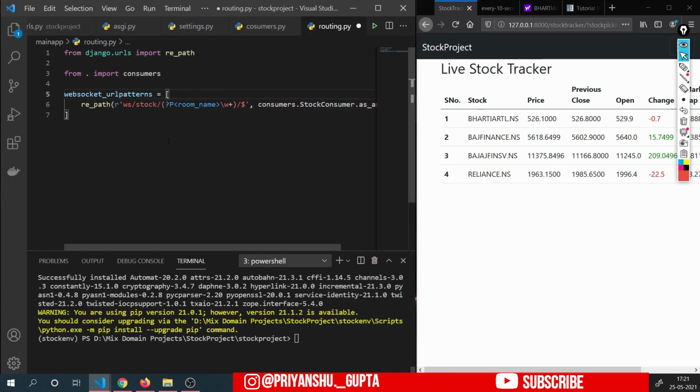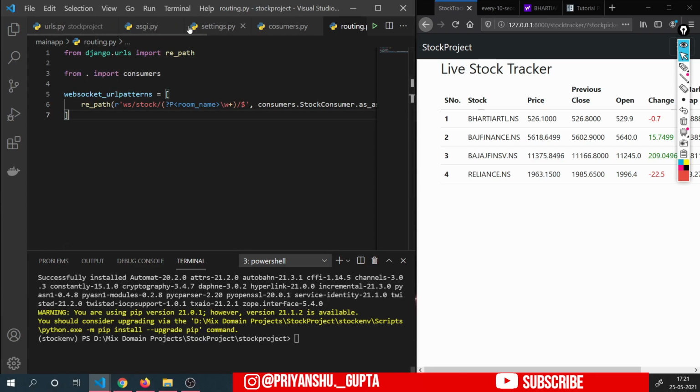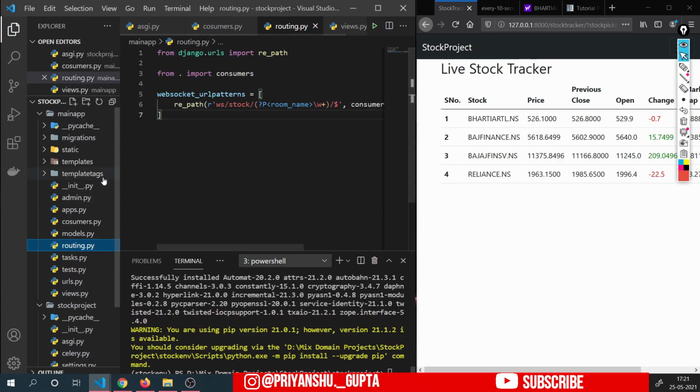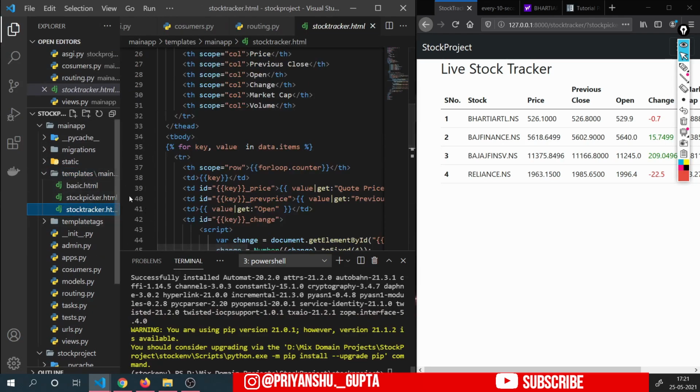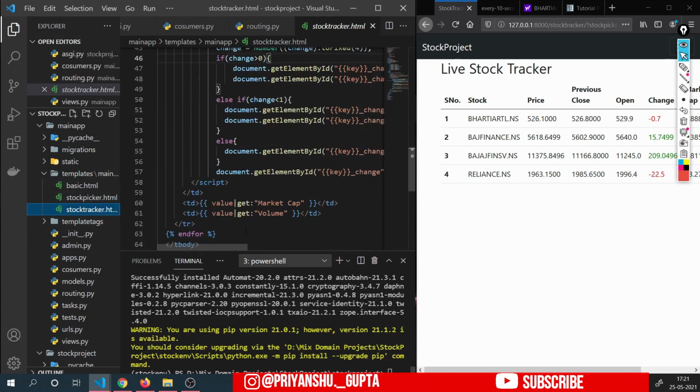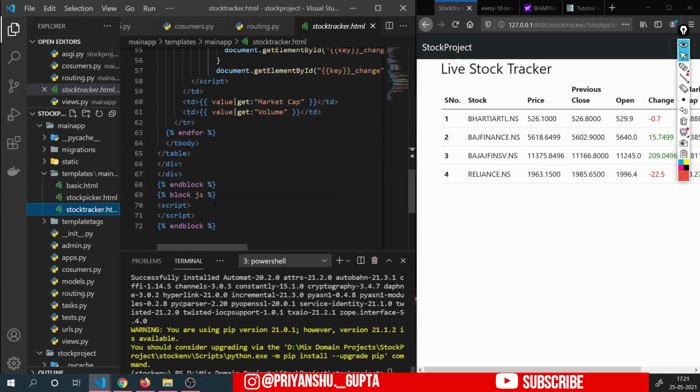So for that, we will have to add certain things in our template that we created earlier. So here we have the folder of templates. Then inside the stock tracker.html file, we will have to add the socket connection using JavaScript here.